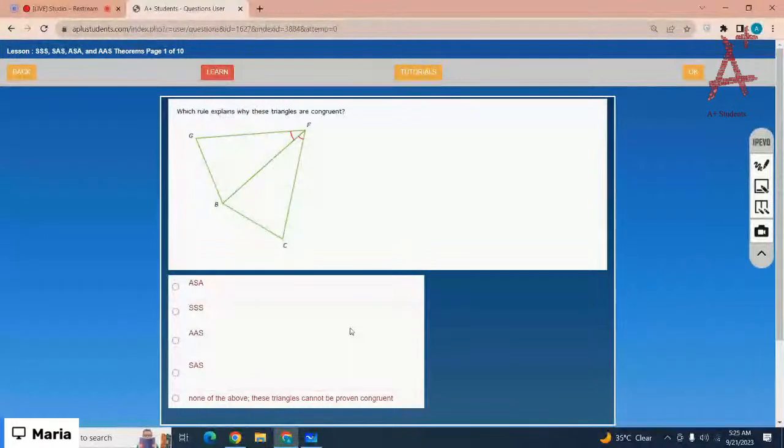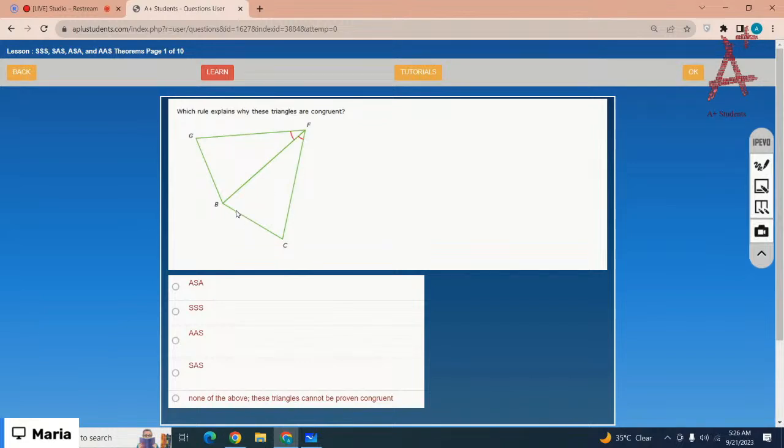Okay, which rule explains why these triangles are congruent? You're given just one angle, right? I think none of the above, because these triangles cannot be proven congruent. You are just given two angles, right? But they share the side FB. It would be angle, angle, and side. You can see this angle F and angle